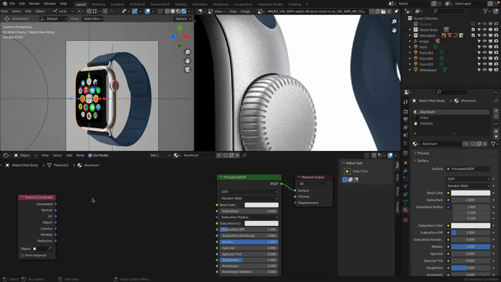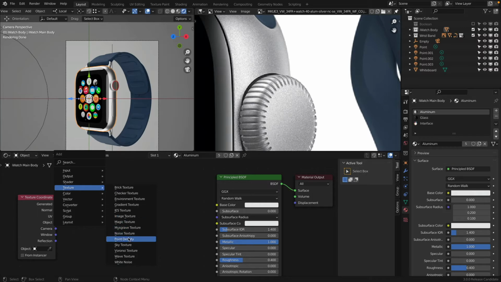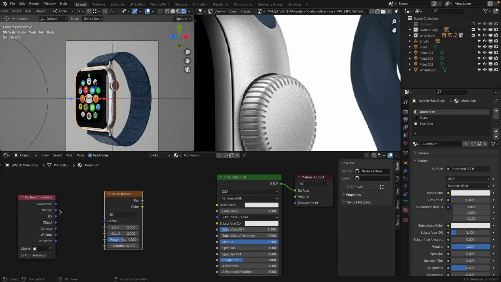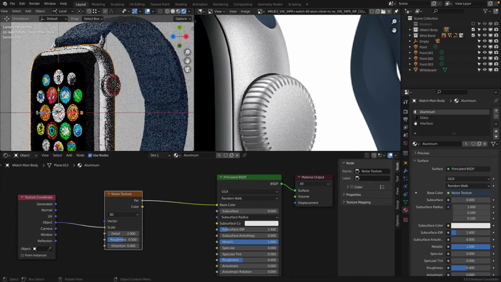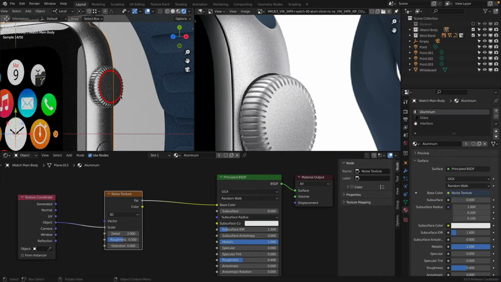No, actually, we don't need that. I was wrong there, but I corrected my mistake. Noise, there we are. Object to scale, that is what we needed. I put this one in so I can see the size right now